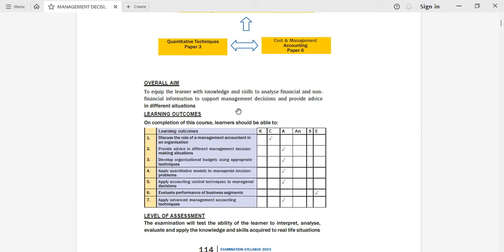You find that the management accountant is waiting for the financial statements from the financial accountant, the cost accountant, and that person will just be able to offer advice after reading through